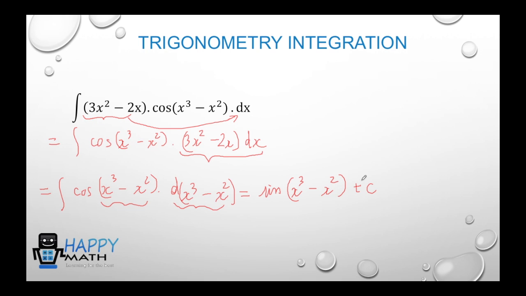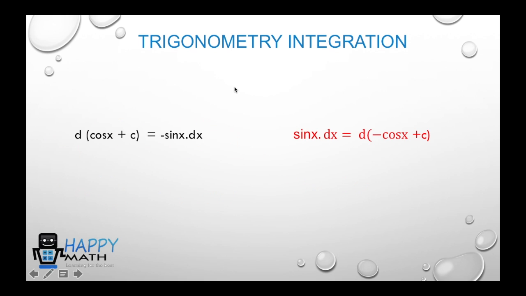So after all, you can recognize you have to change dx to become d of another function. After that operation, you have to make the function of the cos x the same as the function with d of that function. So after that, you can use the trigonometry integration and you get the results very easily. Okay, another trigonometry integration is